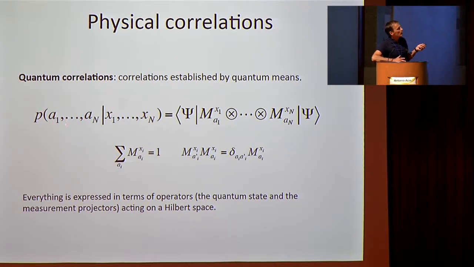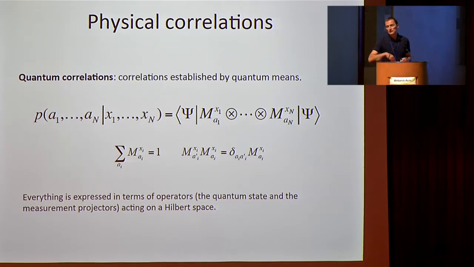So what I should see, if the boxes are quantum, is that I should be able to write them in a quantum language. Now, if you go to a textbook, the textbook will tell you that quantum correlations can always be written like this. So they are just measurements acting on a quantum state. There's a measurement for box 1, another measurement for box 2, another measurement for box 3, and so on, and these boxes are different, so I put a tensor product,